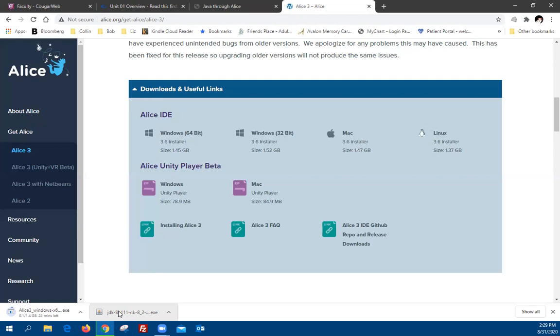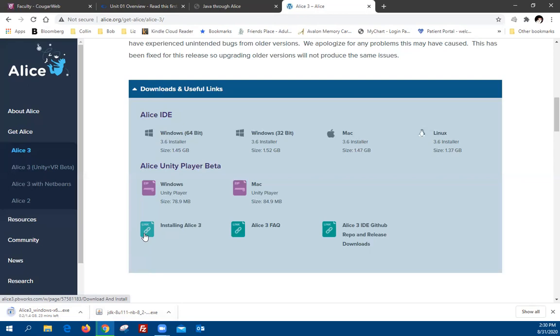Okay, we've got to go ahead and get that done first because Alice is made with Java. So Alice won't work unless you did step 1. Now we're already in step 2, as you can see. I'm waiting for it to download completely to my computer, and the time it takes depends upon many things. The time of day, your internet connection, the speed of your computer, all of that will determine the speed by which you